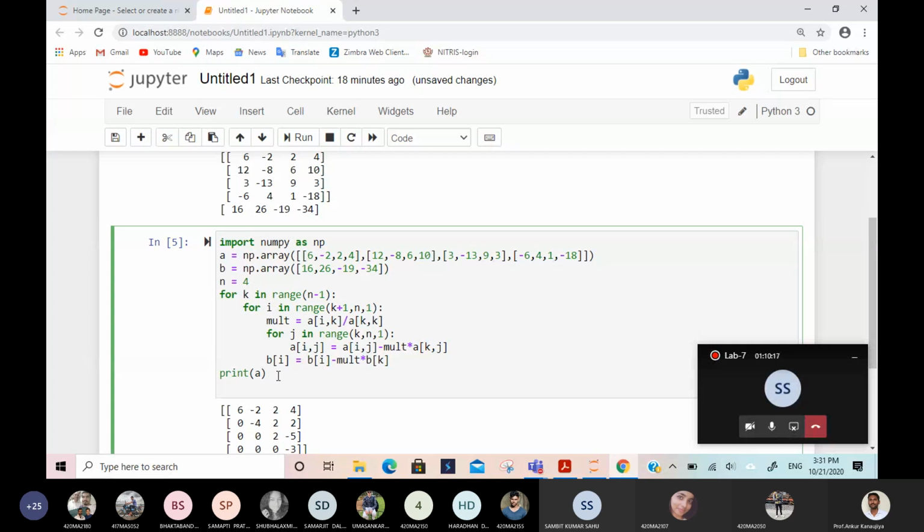So can anyone tell how to write xn? Xn is bn by ann. So can I write xn equal to bn divided by a n comma n? Is it correct?